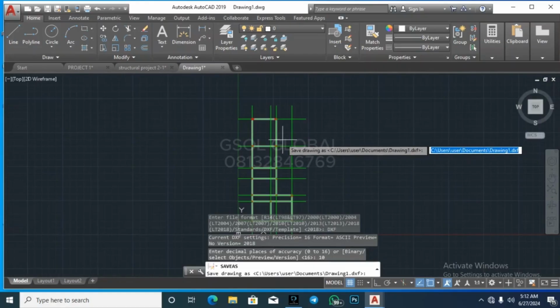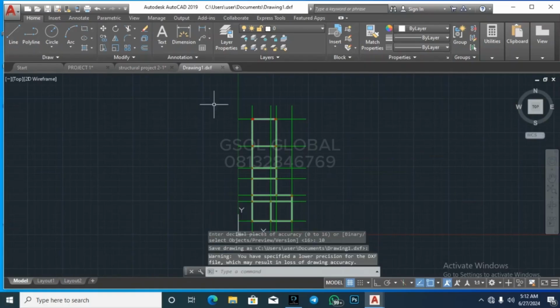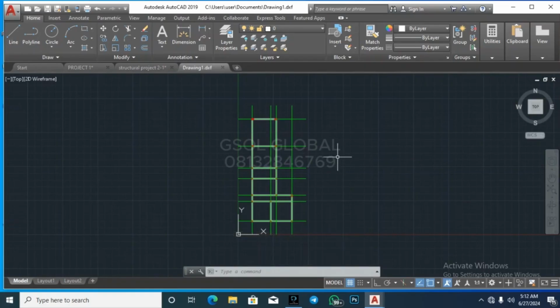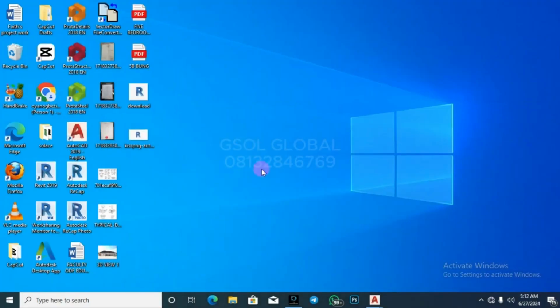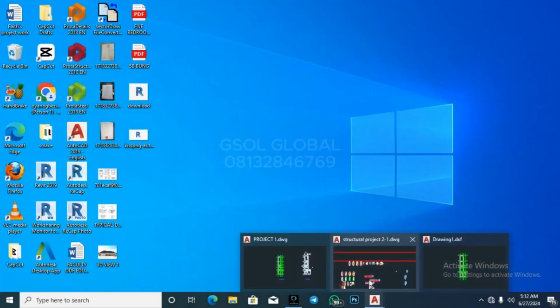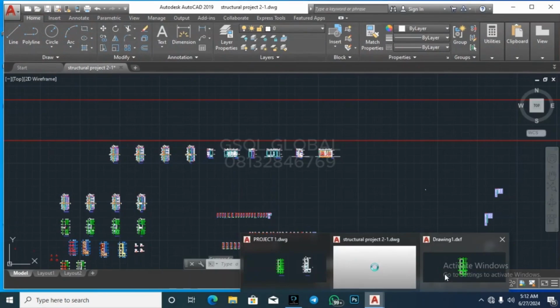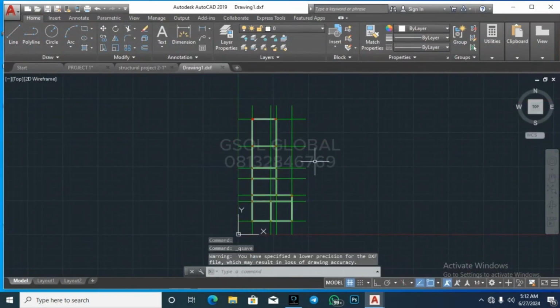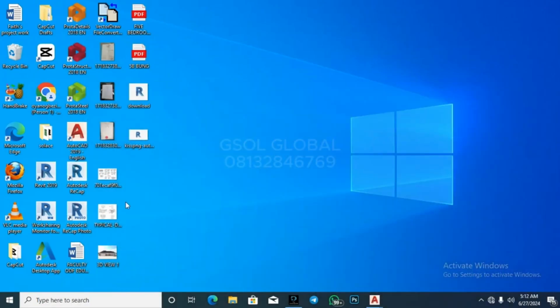Let's save it under document drawing 1. All right, so you save on that document. Yours might have a different saving format. AutoCAD sometimes changes it, so don't worry about that. So I'm just going to save my work first, and then I will go back into my